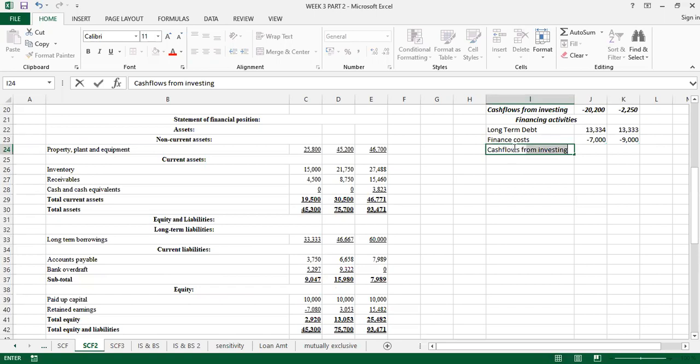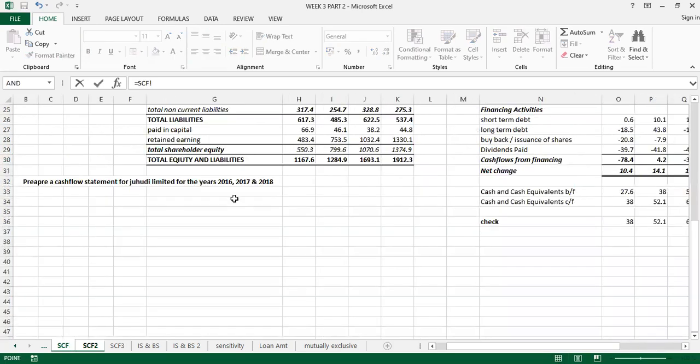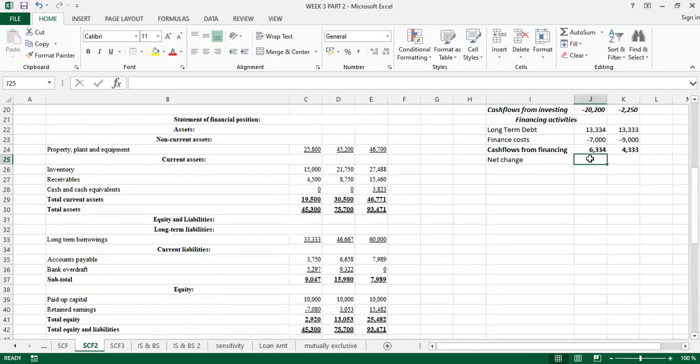Cash flows from financing. Let me just hurry up. Bold. So this one I'll do Alt equals, Control Enter, isn't it? Control Bold. Then I do Control R to copy what is on the right. Then I come here, I do equals. I'll just take this because we have like 2 minutes. I'll just take the net change. I don't want to write. So our net change will be equals our